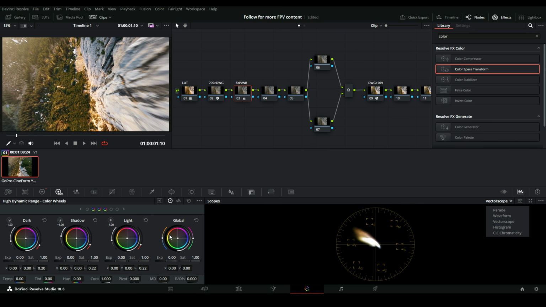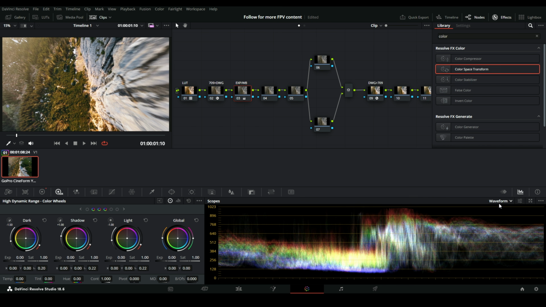So how do you know how much exposure you need? For this we're going to change our scopes to the waveform. And here you can see the colors that our frame right here has. So if I'm going over the colors, you can see there are these little circles showing me the colors. On the top you can see the highlights, and on the bottom there are the shadows. And you don't want your footage to be overexposed. If there is a clipping line at the top, then it's overexposed,